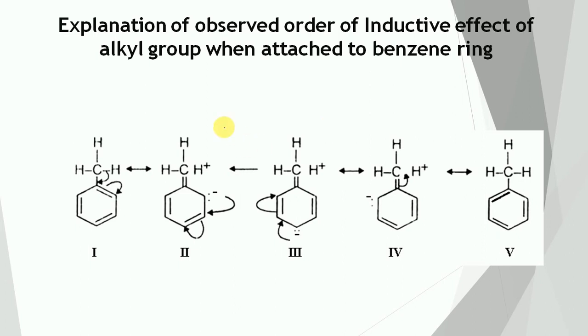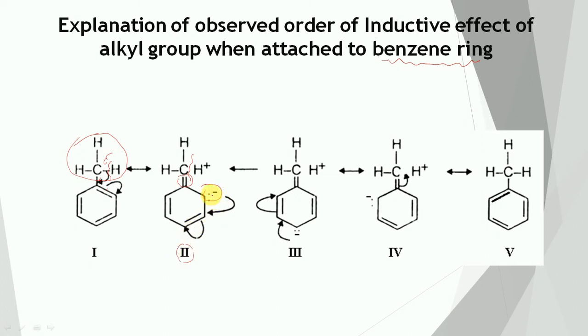Now the case of the alkyl group when it is attached with the benzene ring. Let us take the case of toluene. Now this methyl group will attach with the ring. Now this bond is going to break. The sigma bond is going to take part in the pi bond formation, and this pi bond will shift toward this side. So a fresh double bond will appear, there is no bond between carbon and hydrogen, and the negative charge will come here. Structure number 2 will get formed.